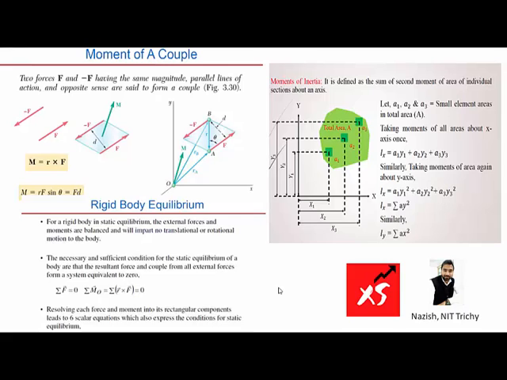Let A1, A2 and A3 be the small elements of area, which are the sub-areas of the total area given. Now we can obtain the total moment of all the areas about the x-axis, and the total moment of area about the y-axis, and we need to sum it up to obtain the area moment of inertia of the given figure. In this way we can find out the area moment of inertia of a given shape or a body, and that will help us in finding the